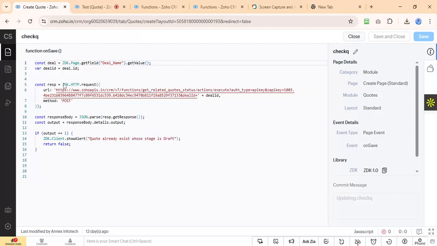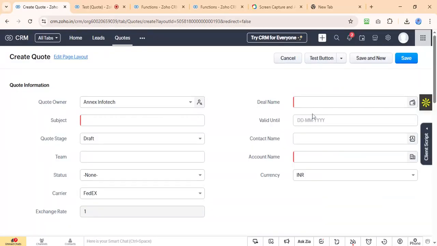If you see, I have called this public function which I made through REST API here, and it is validating my function which I have written for validating code stage equal to draft. Then it will not allow creation, and here I am showing a message to the client as an alert that a code already exists. So in this way we can validate the code on different stages, and we can put validation and reduce duplicacy in the system.